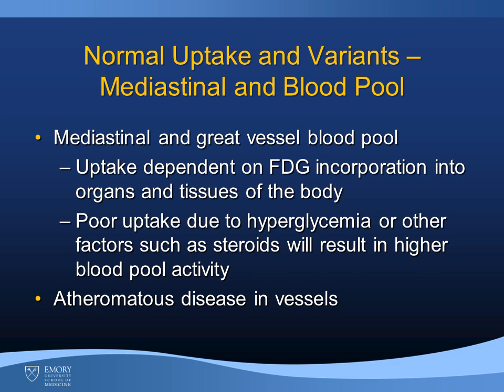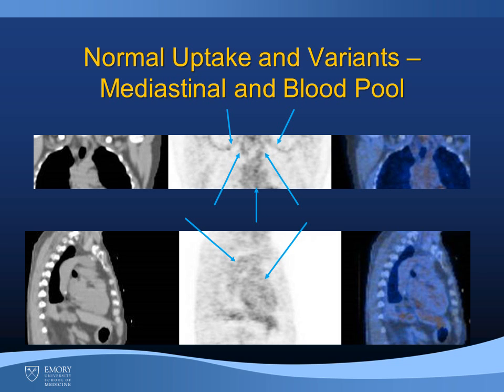Now, the mediastinum and the great vessels may also show FDG activity. Since uptake is dependent on FDG incorporation into organs and tissues of the body, poor uptake due to hyperglycemia or other factors such as steroids will result in higher blood pool activity, and there could be an angiographic type effect. Focal activity can sometimes be seen with atheromatous disease in vessels, and in fact, this is an area of research looking for unstable plaque. So here we could see just a slight angiographic effect from increased blood pool